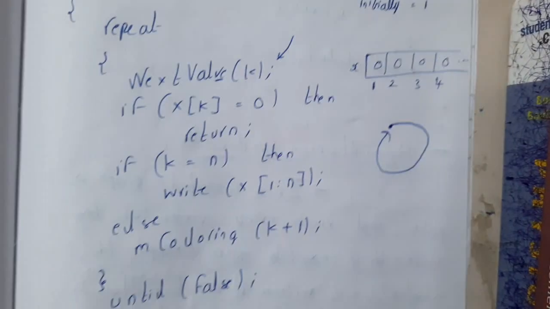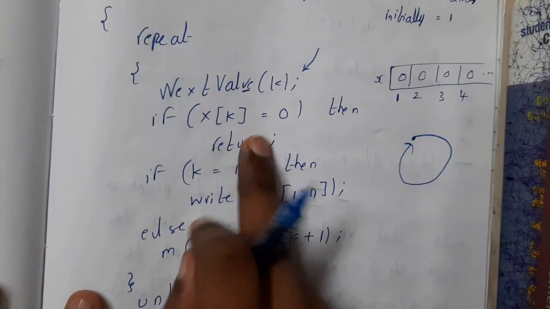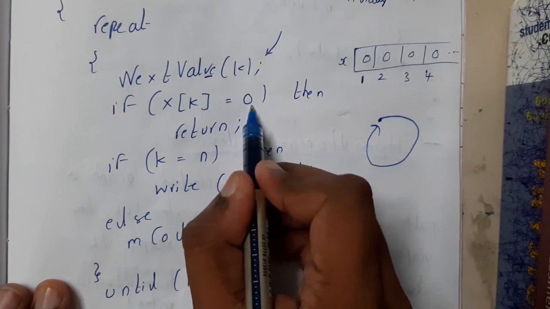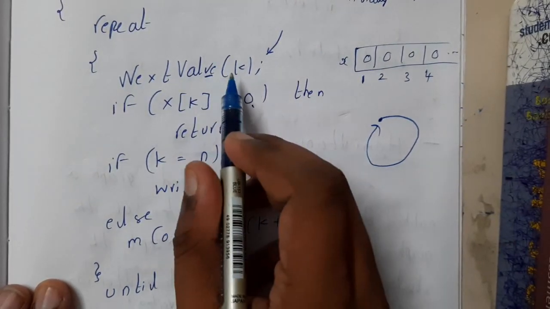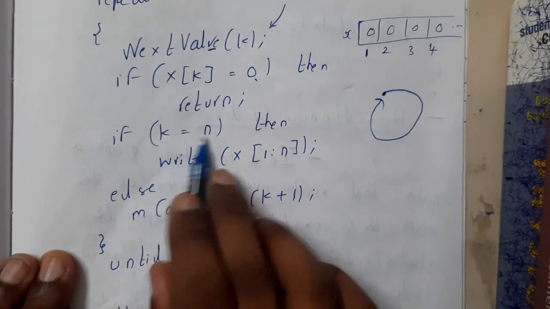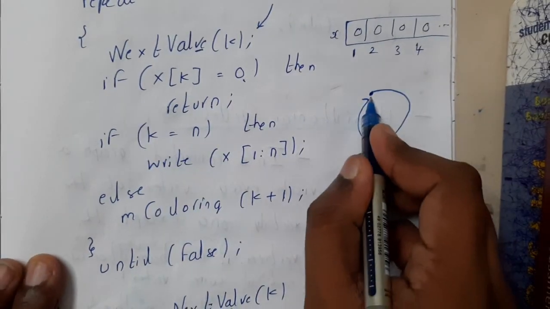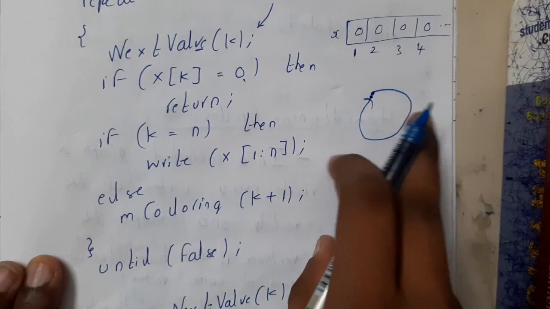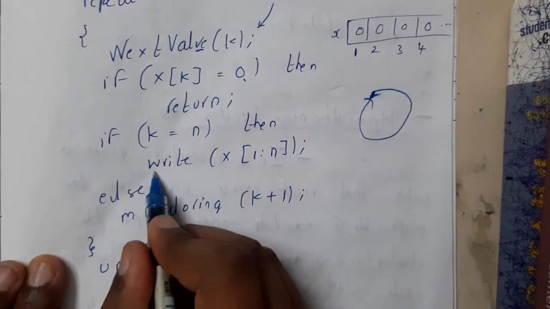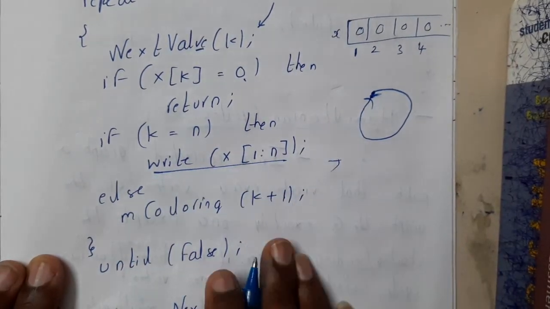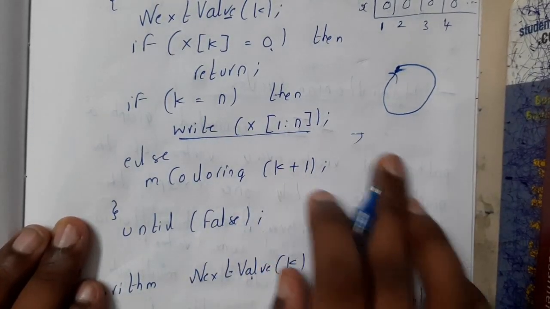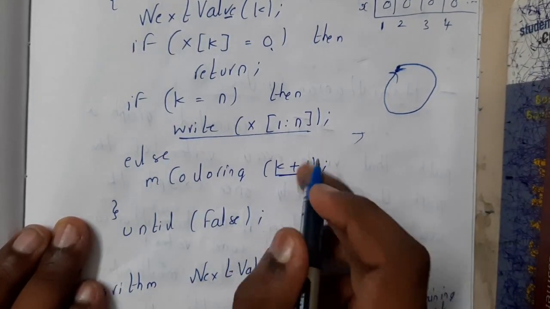Okay, so once it is done, you'll be coming here with that particular node. So assume that that node is equal to 0. Then you will be going again returning back. So if k equal to n, that is nothing but you have returned to the original position. Then you need to leave the position, right? So then you need to end it. So you will be writing from all the nodes and you will be leaving the program. Else you will be doing the coloring again. So you will be giving one more color to the next element. So k plus 1 is nothing but the next element.